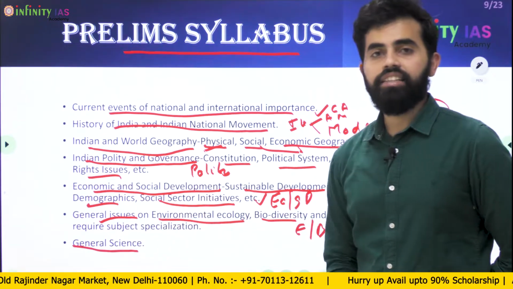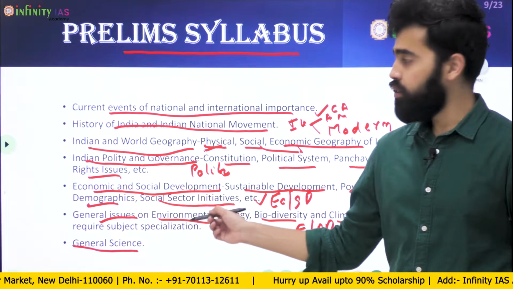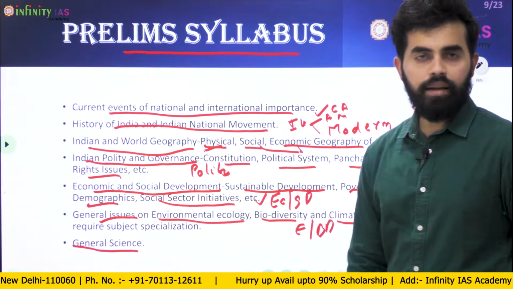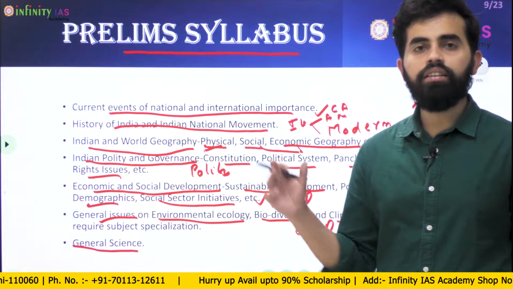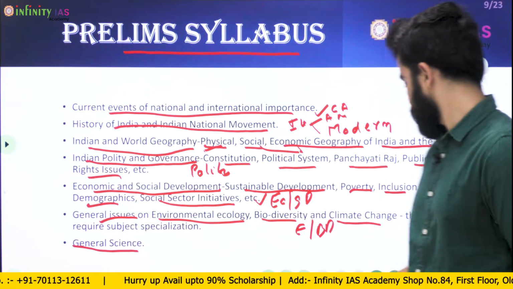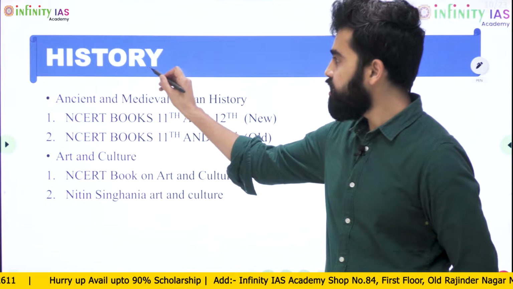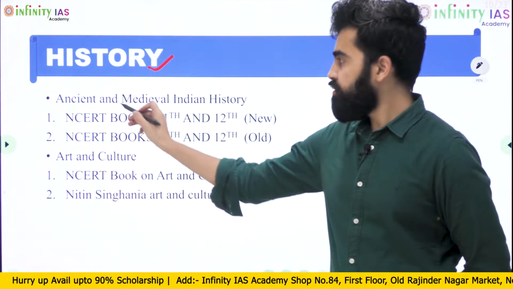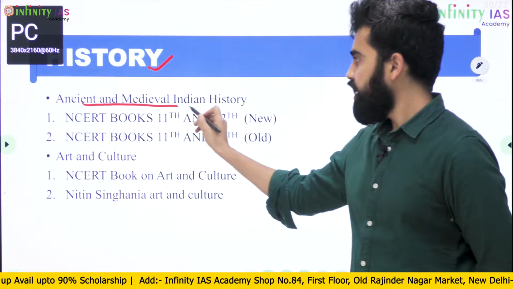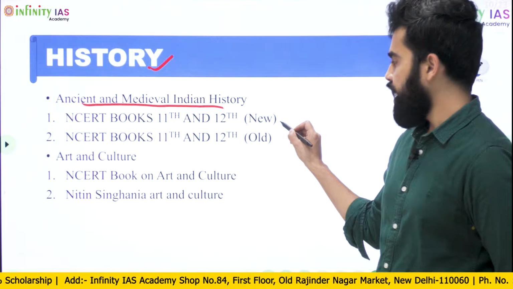Then comes general science, which includes science and technology. Now we will go into each of these subtopics and see what are the books that need to be read to prepare for the prelims examination. Starting with history. As we have seen, the first part, ancient and medieval Indian history, we need to read NCERT